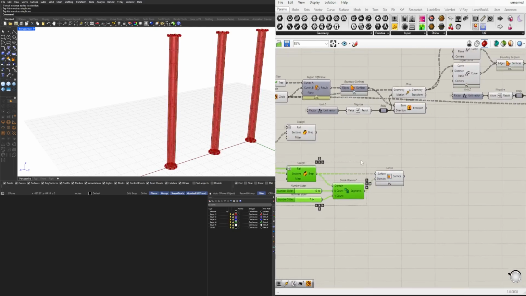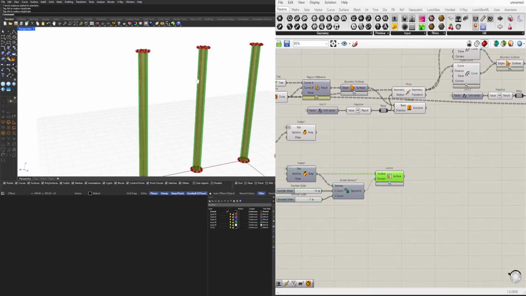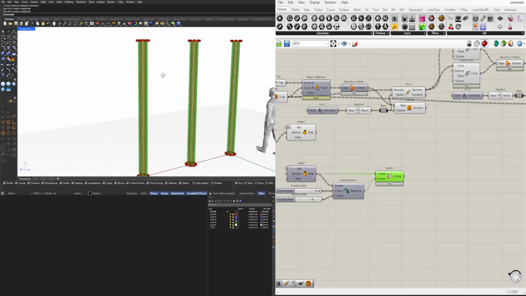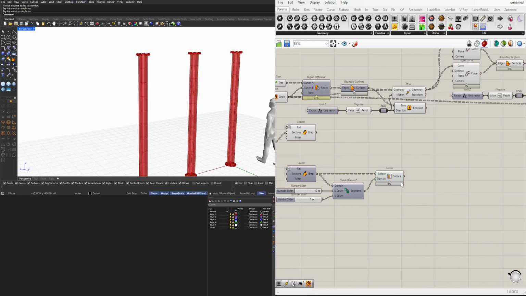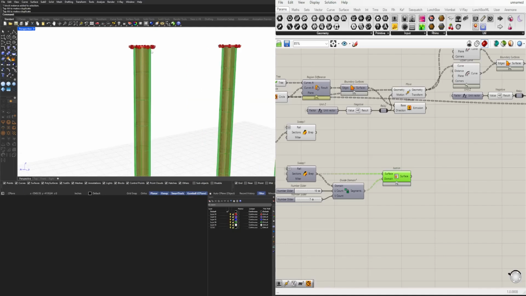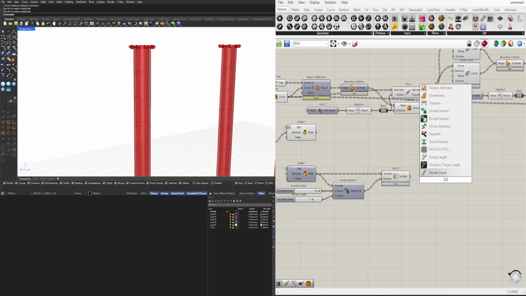I'll disable the preview on that original surface. And now that we have this, we can extract some wireframes so we can play around with this pattern now. We can just use this pattern, which is one of them, but we can also use a diagonal pattern that will need to actually break this pattern down into a diagonal. So let me show you how to do that. So we can do a regular rectangle subdivision, which is okay, but if we use